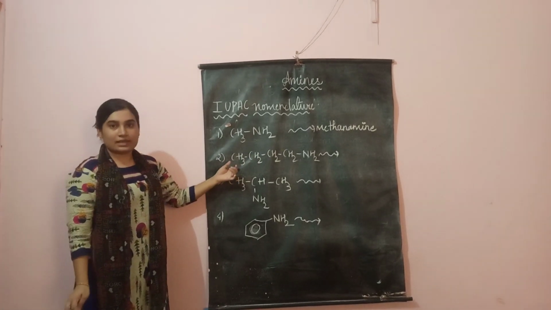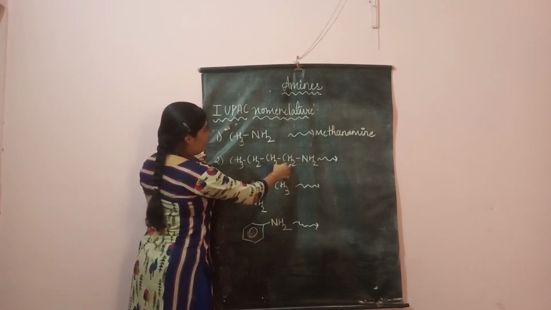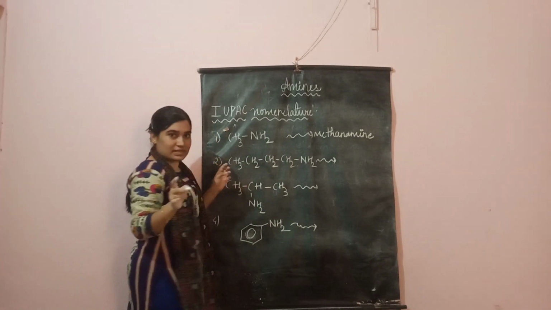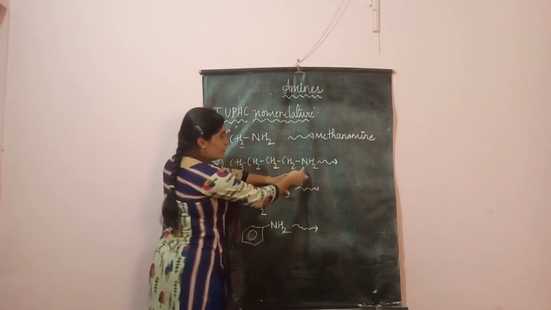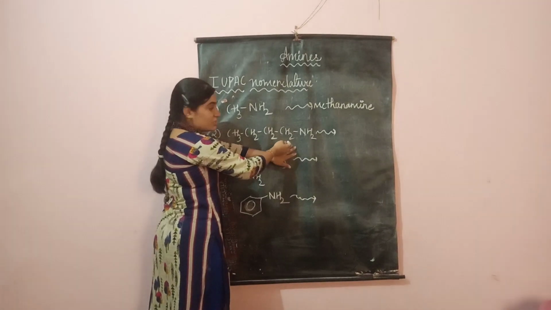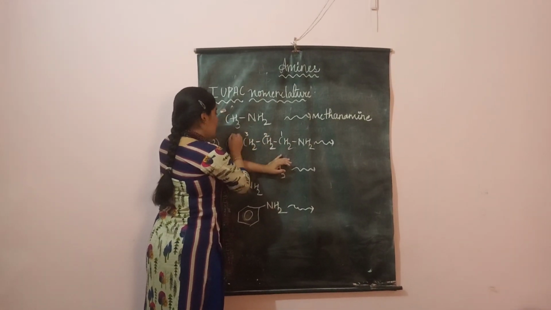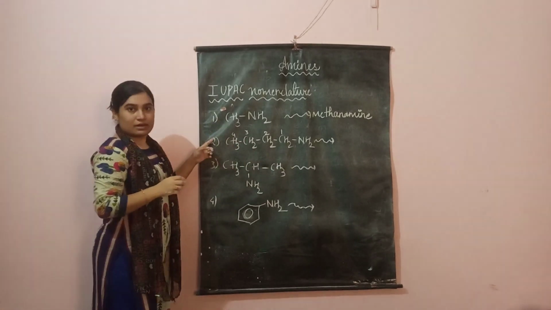Next, let us move to the next example now. Now look, which is the alkane present? 1, 2, 3, 4. The numbering always starts from wherever the first functional group is present, you have already learned it in your first PUC. From that side you will be starting the numbering. So I find 4 carbon atoms present now.